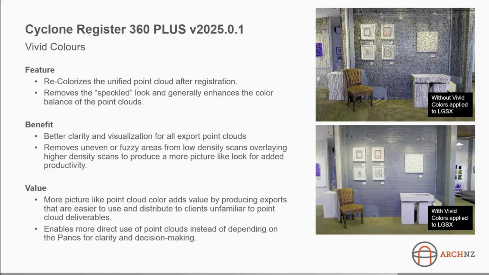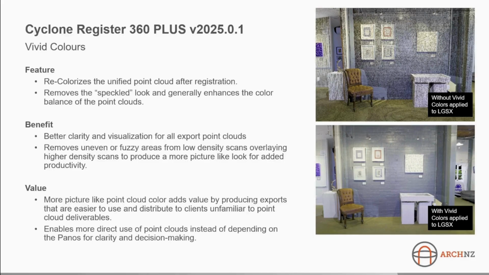And of last, but certainly not least, probably the most exciting improvement in the 2025 version is this vivid colors. So you'll all probably with experience have seen some pretty ugly point clouds when you have panoramic imagery from neighboring stations with very different exposures. So a good case is when you have a scan in a doorway and the pano is brightened up to give good visualization of the indoor area, and it results in sort of highly overexposed points on the outdoor areas, and you get this speckled look where light and dark points from neighboring clouds are overlapping,